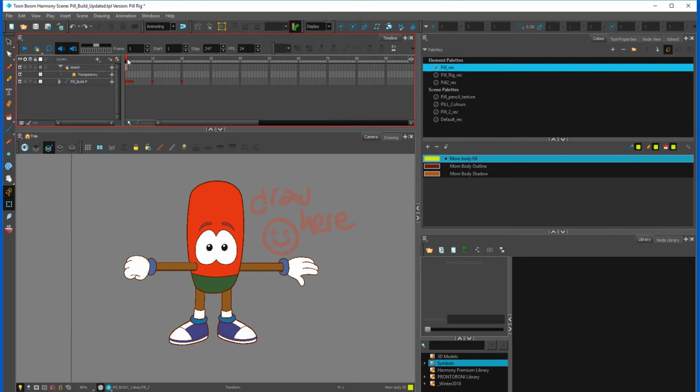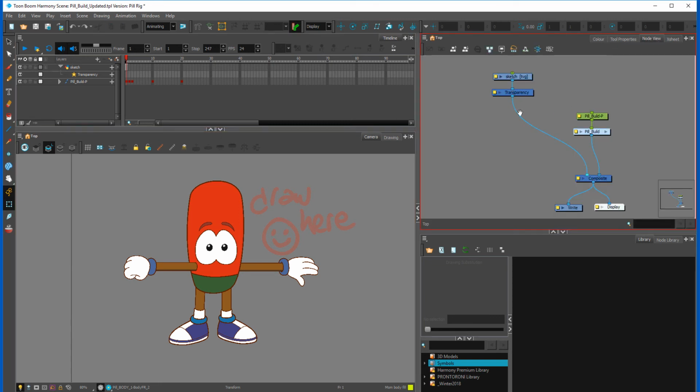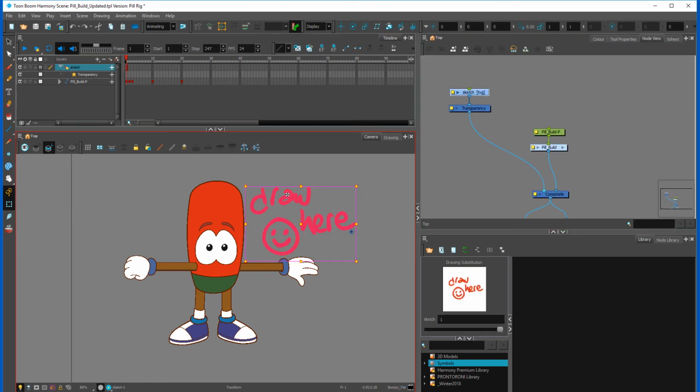So what we'll be doing with the pill rig today is I'm going to show you how to animate pose to pose using a full body rig. So this is just to build on what we did with the arm assignment as well as the face planing upper torso assignment. Okay, so what I want to show you guys first is there's this draw here layer